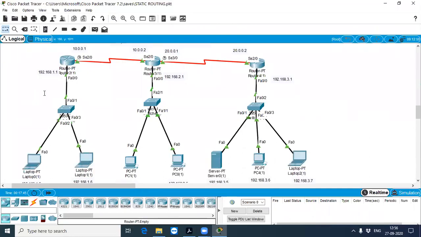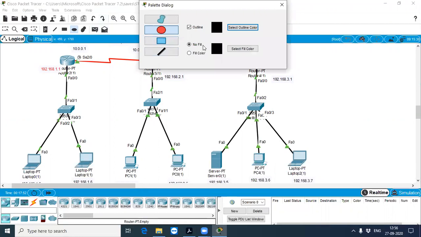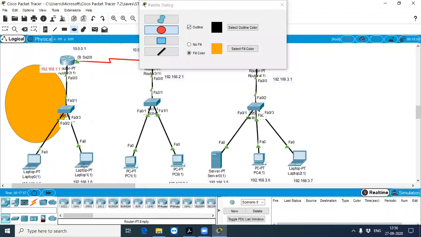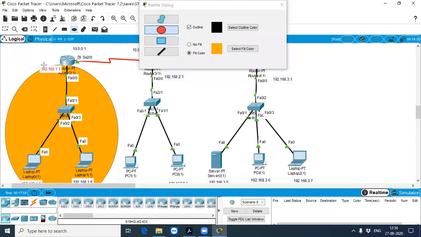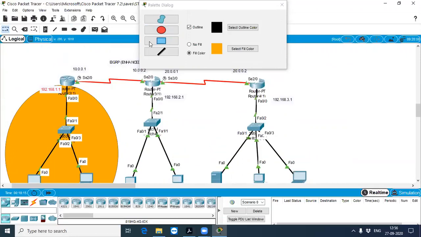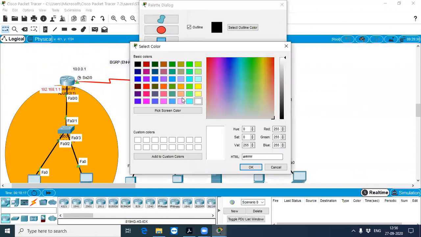So how to configure this routing protocol? Okay, so this belongs to one network, as I already told you. If you view from this side, this belongs to one network. That is, this belongs to the 1.0 network. So 1.1, and 1.5, 1.6. This belongs to the 1.0 network, since I have IP addresses from the one series.